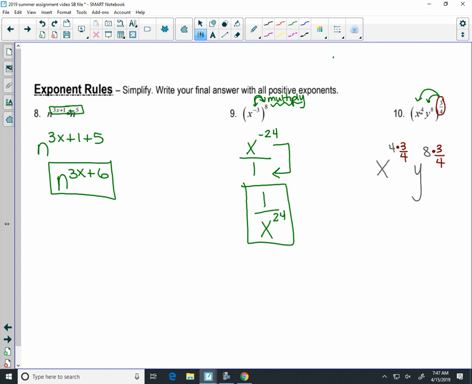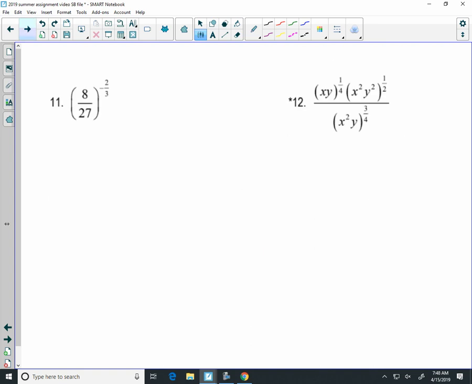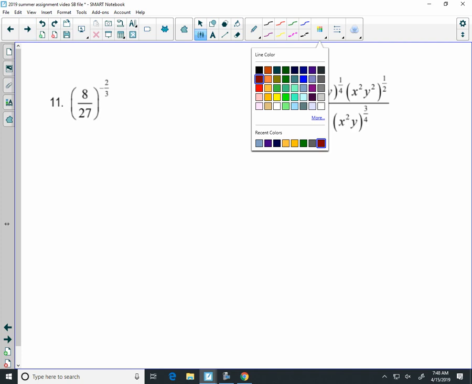And now we multiply. When we're multiplying with fractions, we just multiply across and then divide. 4 times 3 is 12. Divided by 4 is 3. 8 times 3 is 24. Divided by 4 is 6. X to the 3rd, y to the 6th. Never bad to do a little fraction work. Speaking of fractions,